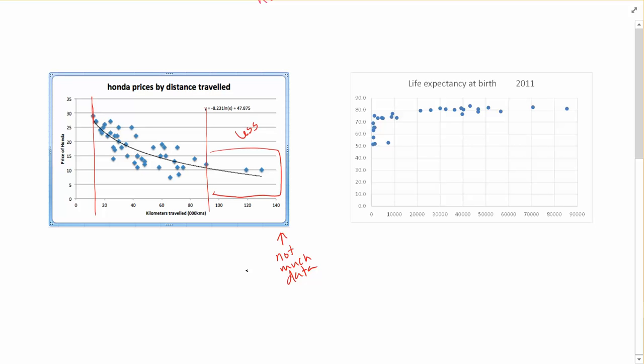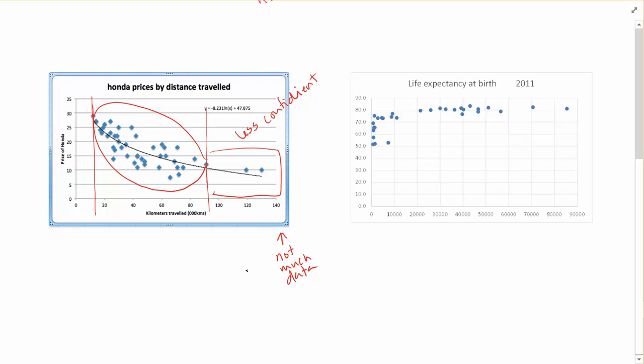is that I'm less confident, maybe, in predictions and things like that, because I don't have a lot of other cars that have been sold to base my prediction on, or to back my prediction up, to say that this seems reasonable because I see there's 15 other cars with similar distances that have been sold at similar prices. Where here we only have the two cars. So we can talk about being less confident in that area because we have less data to help back us up. And this is what we would call being a strength or weakness, that between